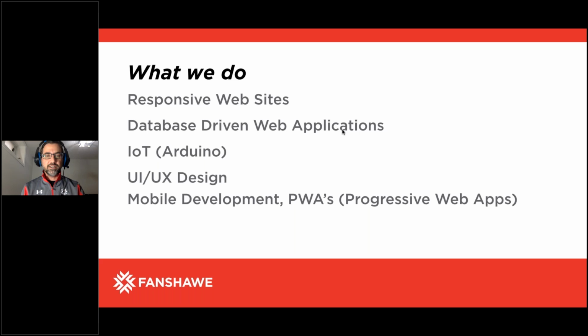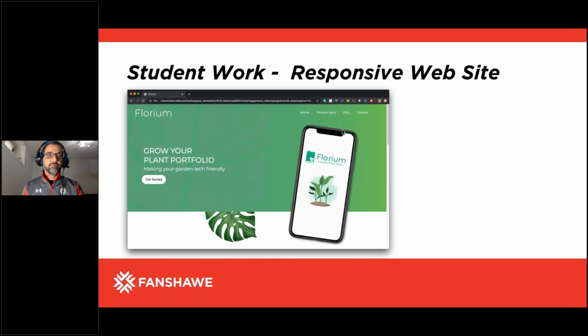So we don't create native applications, but we do create what are called progressive web apps. So those are mobile applications that look and behave like native apps, but they're actually created with native web technologies, so HTML, CSS, and JavaScript. So yeah, that's kind of a broad overview of what we do, but I thought I would show some student